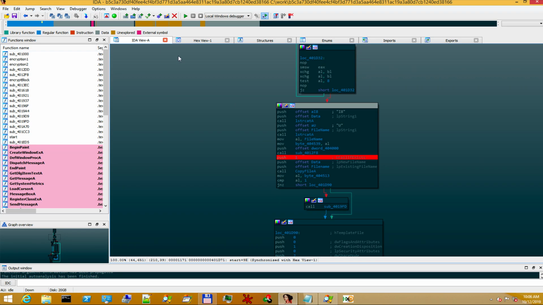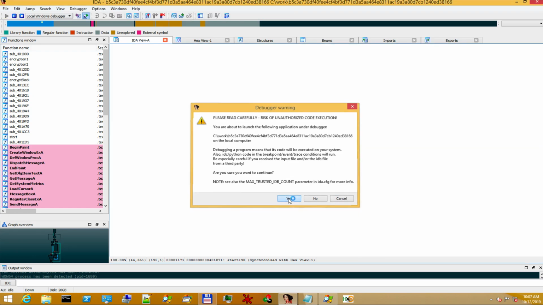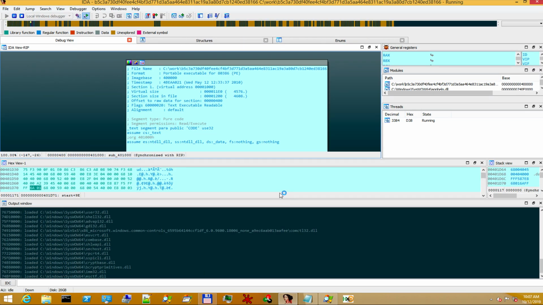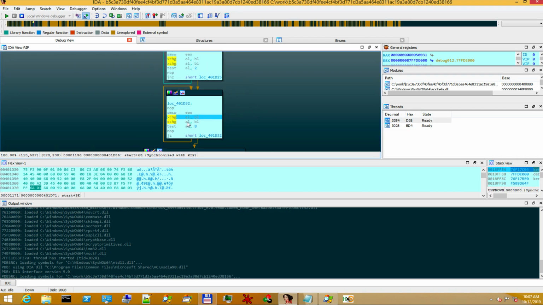Press F2 for that. And then, let's now see how to do dynamic analysis in IDA Pro. Use the local Windows debugger and restart the sample. Read and accept the warning. Remember that the sample enters an infinite loop because it has an anti-virtualization protection. Pause the program. The execution stops in NTDLL, which is a Windows library. But there are 2 threads, and the second one is right inside our code.